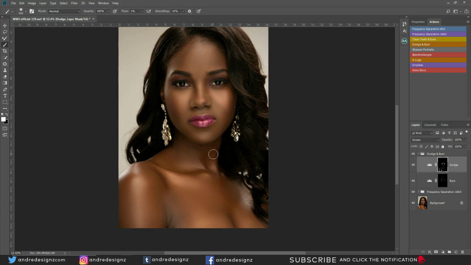Alright, so I'm gonna go under the model's neck and do some more highlighting right here as well. Then I'm gonna get the dodge, not the dodge, the burn, and then I'm gonna just burn some of these areas as well. Yeah, I think that's good. I don't need to do any more burning. Alright, so after doing that,